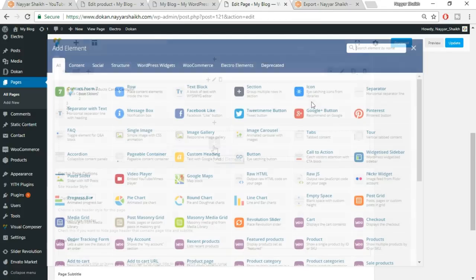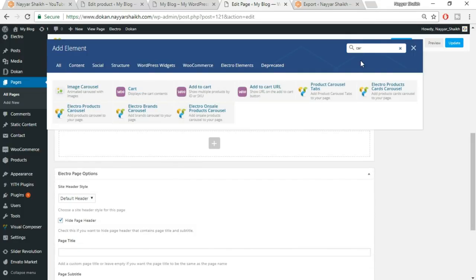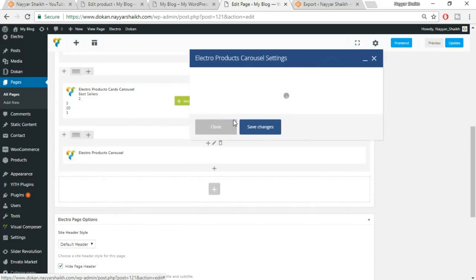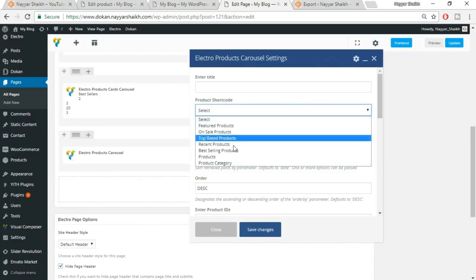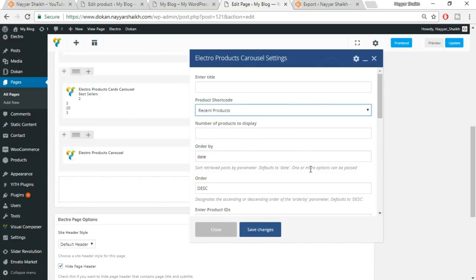Now click on this plus button and select Electro product carousel. Where is that now? Electro products carousel, fine, select this one, and from here product shortcode, select recent products, fine,